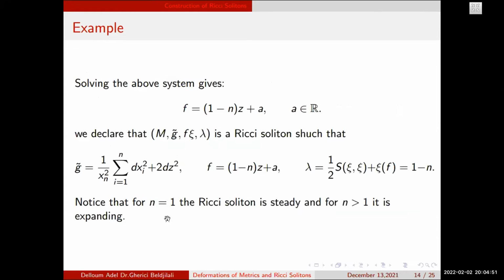So the soliton is steady only if A here is equal to 0. Otherwise, it depends on the sign of A. If it is positive, then it is shrinking. If